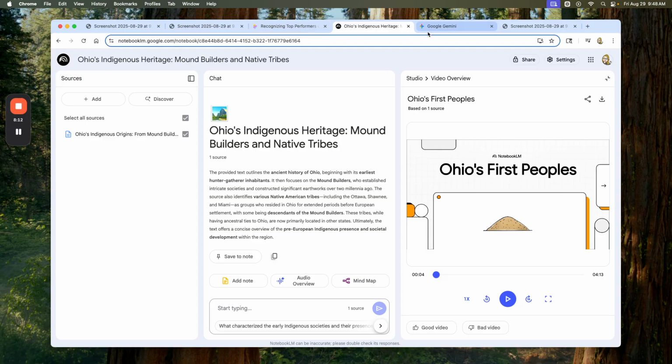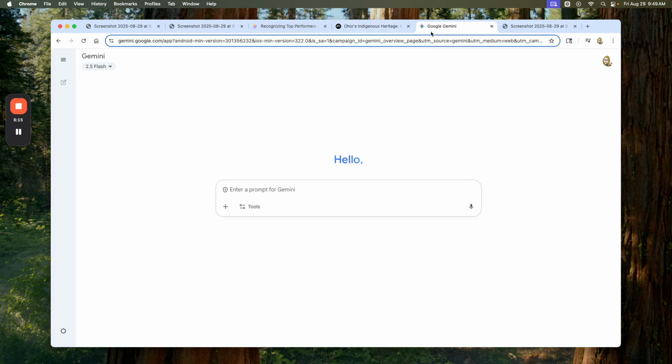And then the last thing we're going to look at is Google Gemini. We've looked at Google Gemini in the past, but what I want you to see and understand is that I am using Google Gemini here on an actual computer. If I was using it on a mobile device like a phone, there is what is called Gemini Live, so I can talk to Gemini just like I'm talking to you here today. But I wanted you to see how I can kind of do that on a desktop as well. If I were to click here on the microphone,